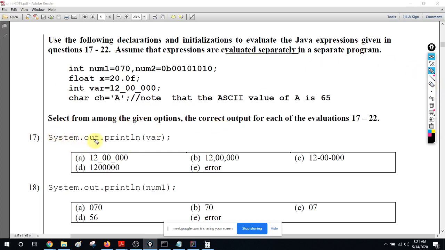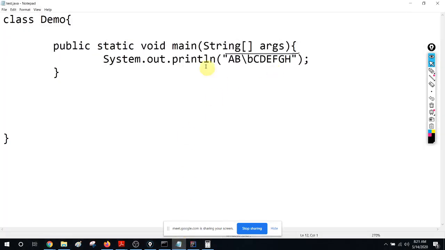Right? So I am just looking at it now. Right. System out println var. So where is var? This one, this one, this one. Right. So remember, this is in your printed note. If you want, you can use underscore to increase the readability. I will explain it again. For any number you can use it, right? That is mentioned in your note. That is why I keep asking you to download all the notes again.